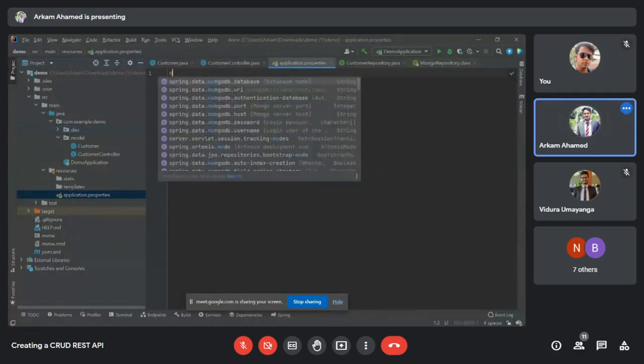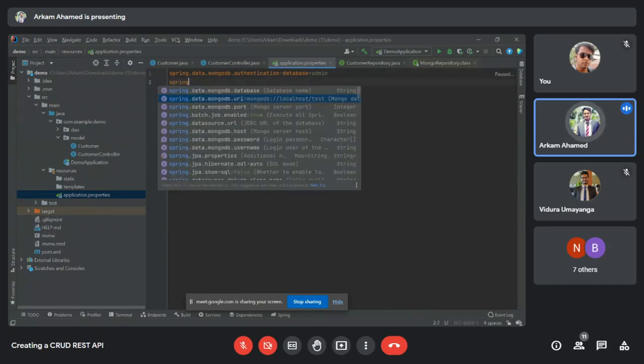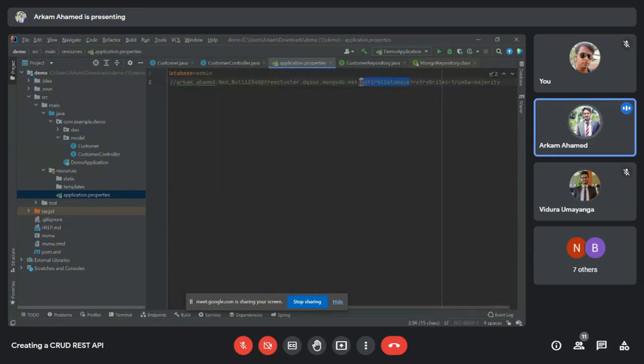So in here, we'll have to pass it as admin by default, and we'll have to pass the URI which we copied now. So in here, I'll have to pass my password. Then change my first database to test, which is by default for everyone.